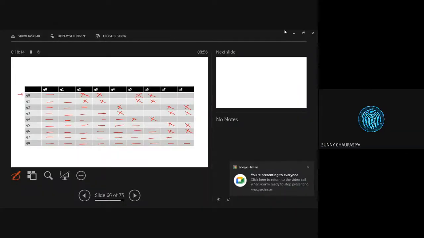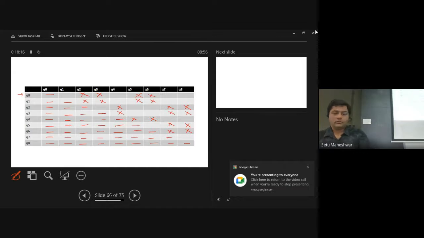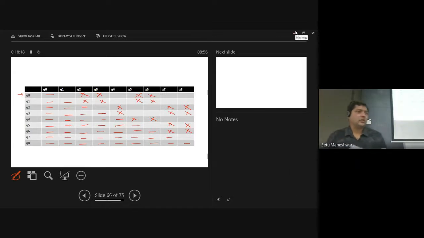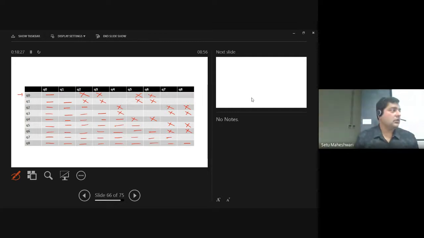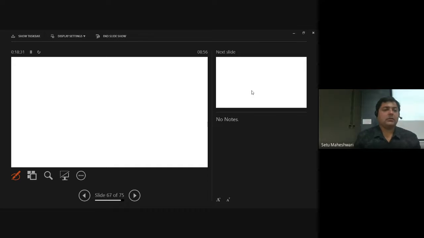Okay, sir. Fine. So these are the crosses which we are supposed to mark. All right. Now, as the step 3, we are supposed to mark x and zeros. Don't write anything.